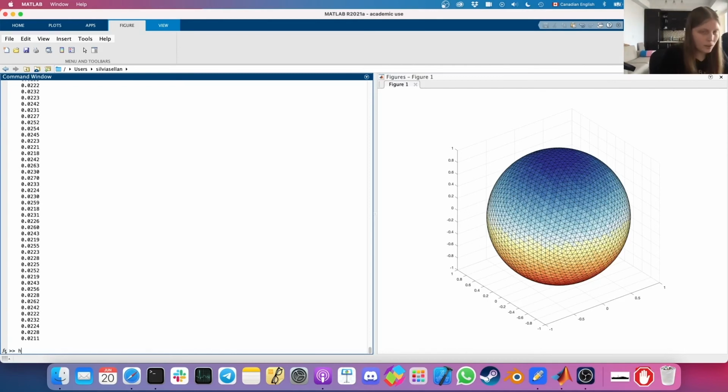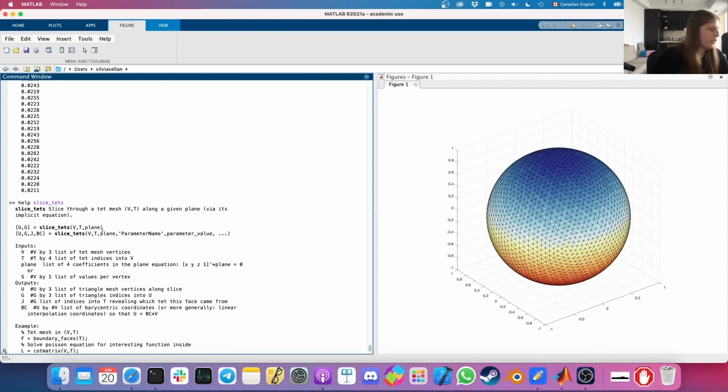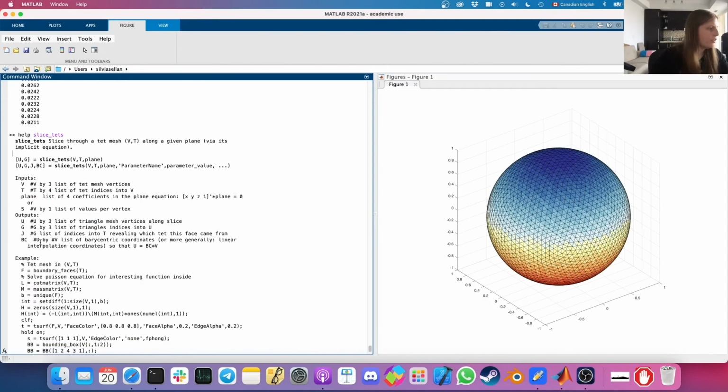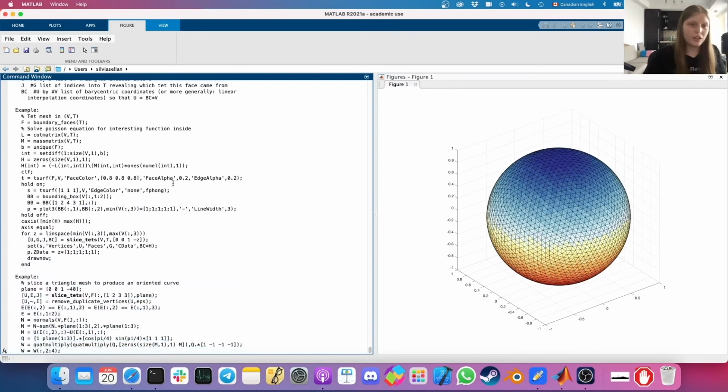So it's usually very hard to visualize scalar information on a tetrahedral mesh. Fortunately, gptoolbox comes with a function called sliceTets, which, as the name suggests, basically slices a tetrahedral mesh so that you can look inside. Now, this function might be a little scary because if we look at the help, we need to give it a plane that we need to define in a specific way, and we would need to maybe look at which planes to define and maybe do a loop or something like that over different planes. We could perfectly do that, but one really cool thing about gptoolbox is that usually you can find